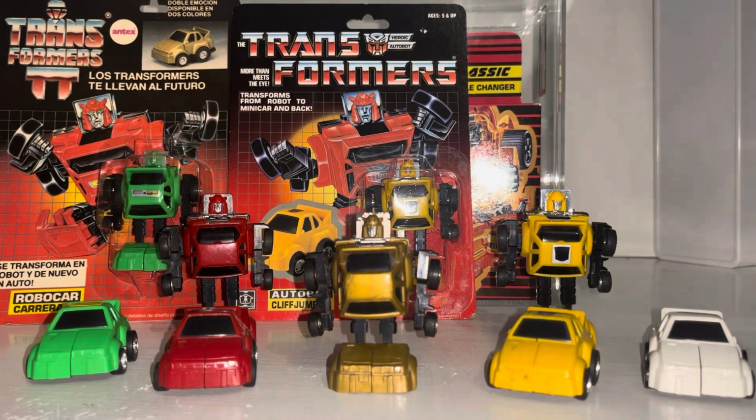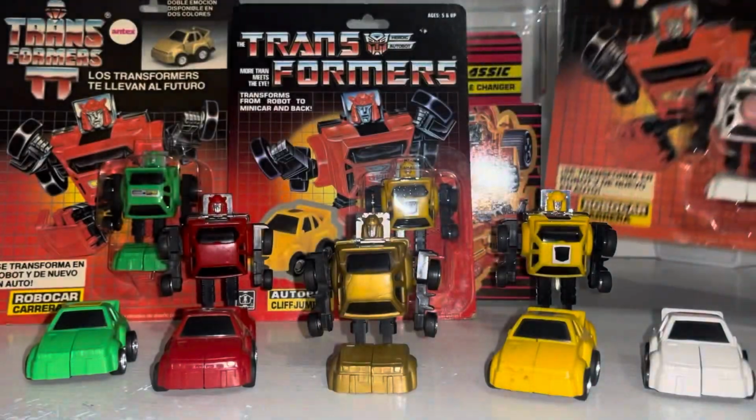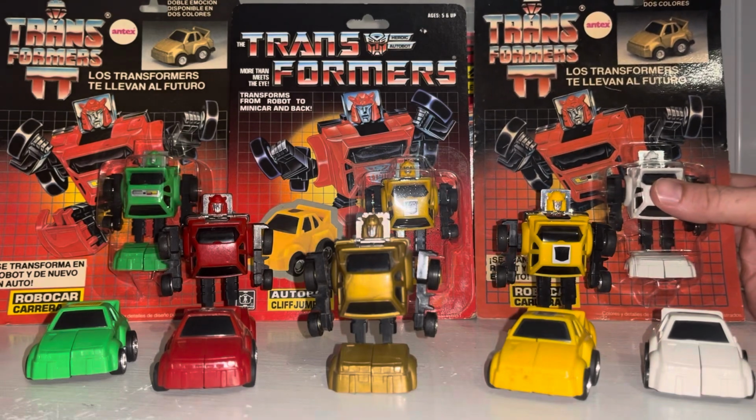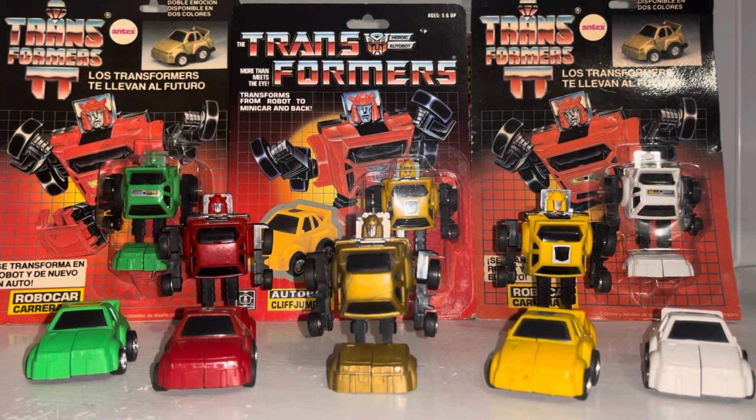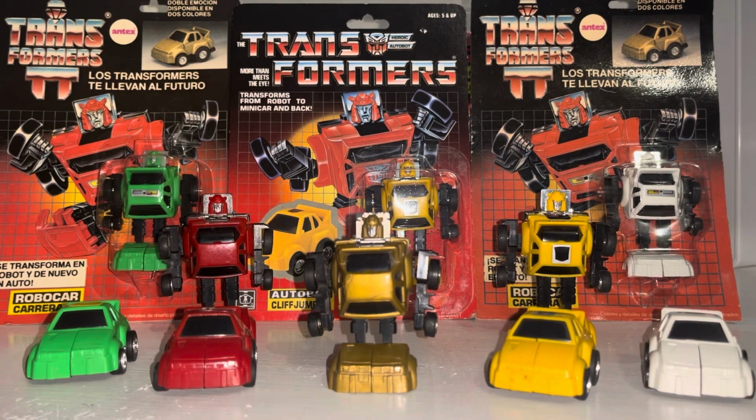I'm going to very carefully show you this. This is an Argentinian version. So these did come out literally in Generation 1. So these are 1980s figures. But again, they just made some crazy colours. In South America, you've got IGA that made them in Mexico. You've got Antex that made the mini bots in Argentina, and you've got Estrella, which is the company in Brazil. There's also Linsinha and other things like that, which we don't need to go into much detail,